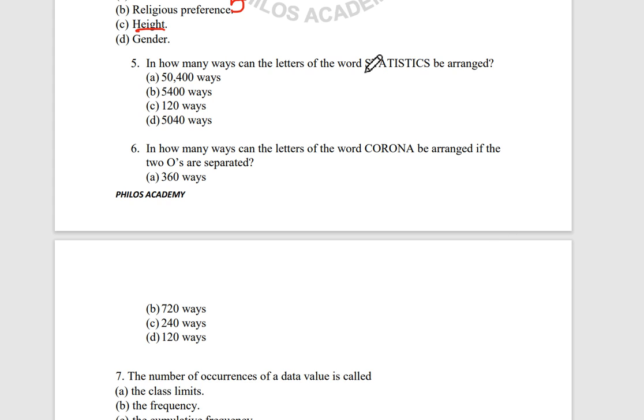So we count the number of letters: 1, 2, 3, 4, 5, 6, 7, 8, 9, 10. So you say 10 factorial divided by how many s do we have? We have 1, 2, 3. So 3 factorial